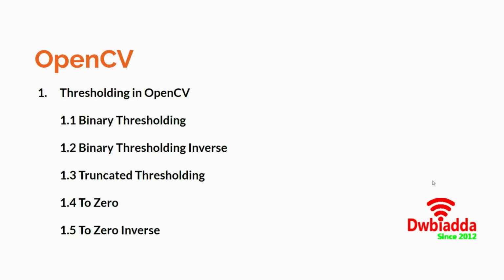Then there is the to zero thresholding, in which, suppose you have been given an image again and there are pixel intensities. Let's suppose you have a pixel intensity of 140 and you have set the threshold value to be 120. What will happen is that 140 will remain 140, right? But anything below 120 will be converted into 0 pixel intensity, that is complete black. And I hope now you understand what is to zero inverse. It's just the inverse of the above.